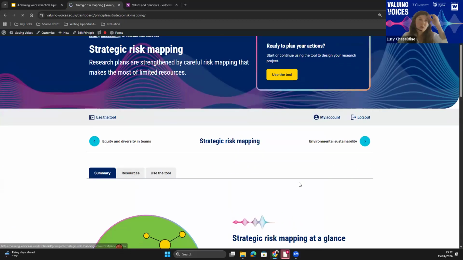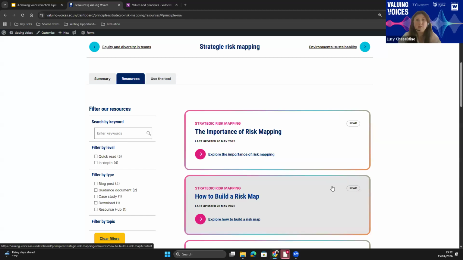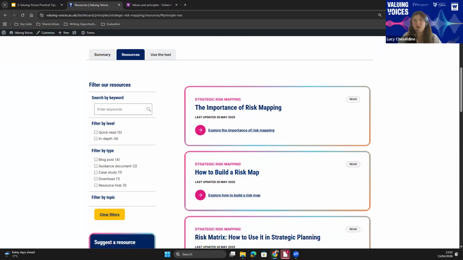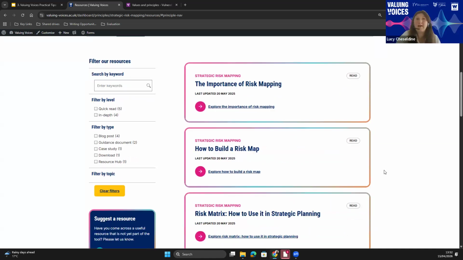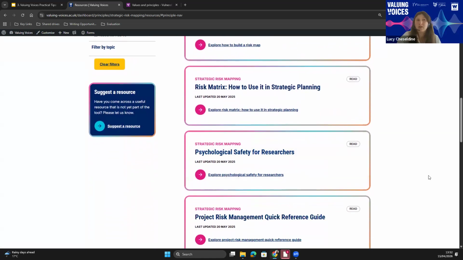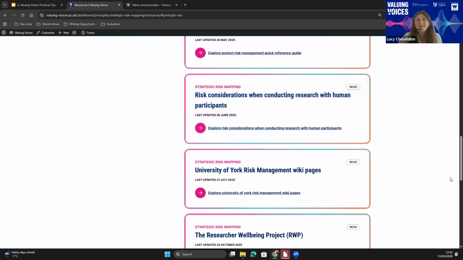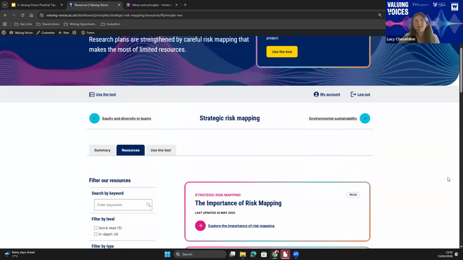But really key, there are some broader resources, and actually you've mentioned the University of Bath project. There's some information on the tool about that as well, because that is really fantastic. But you can see we've got lots of different frameworks for mapping risks, so you can try out different ways. You don't have to use the log system that we have used. There are other things out there, matrices, and lots on psychological safety, as much as we could get, and we would love to add the centre's resources to this. Carisha, your resources are up here as well. So there's lots to tap into.